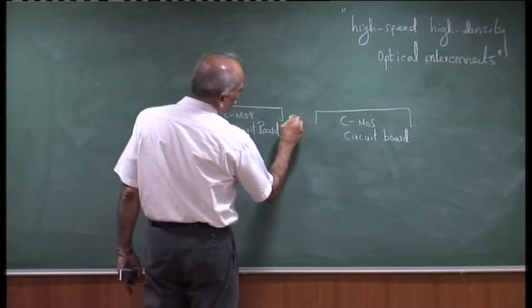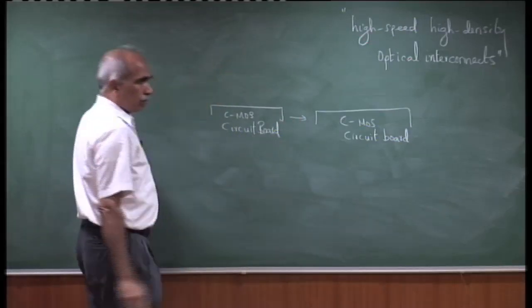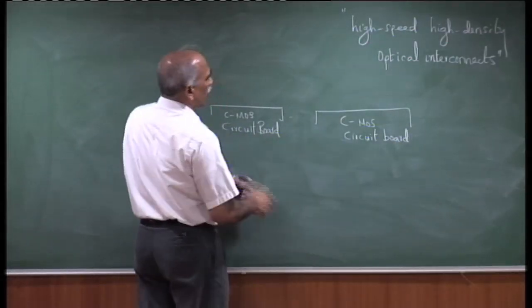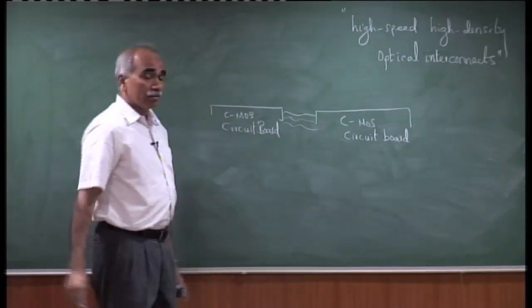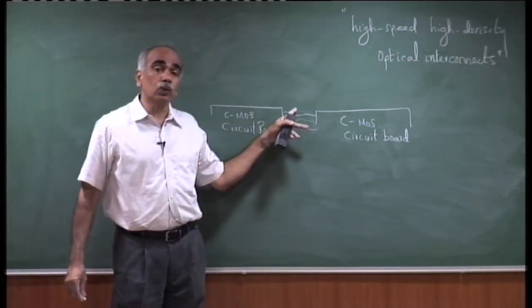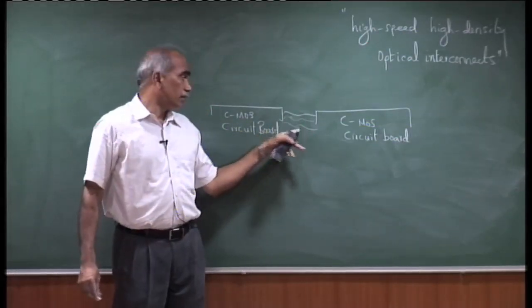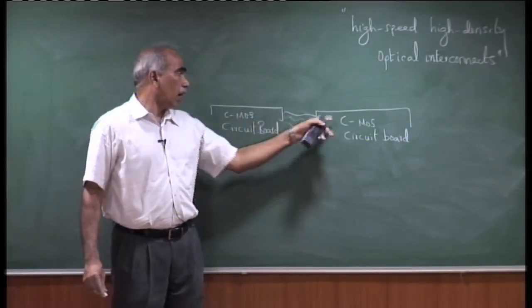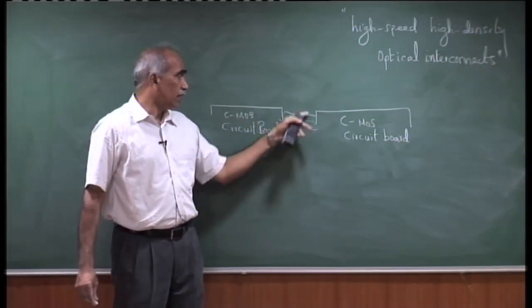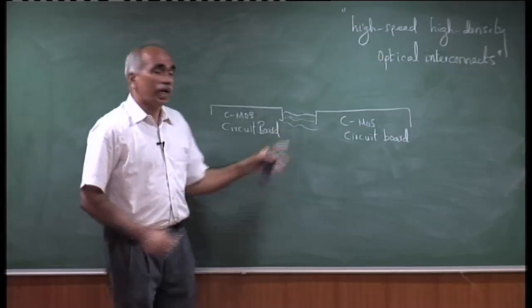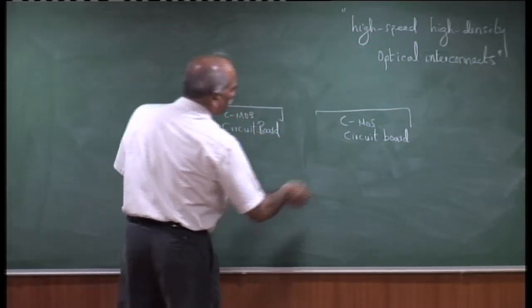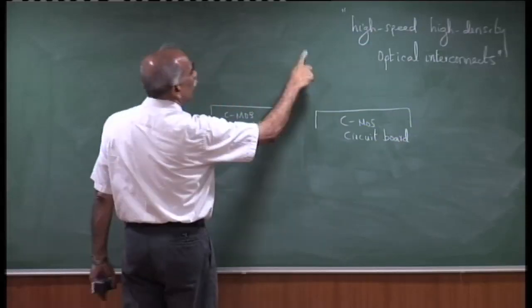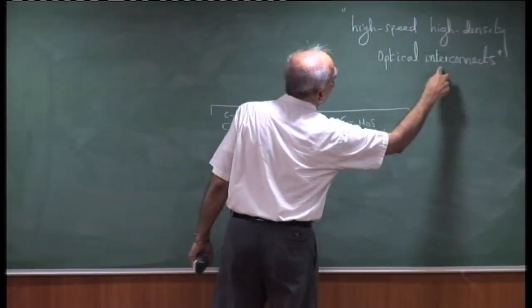You need communication between them. One of the ways, of course, is to have a large number of electrical wires, but electrical wires will have their own losses and inductance. At very high speeds, very high data rates, it becomes prohibitive. And one of the ways being developed now is high speed, high density optical